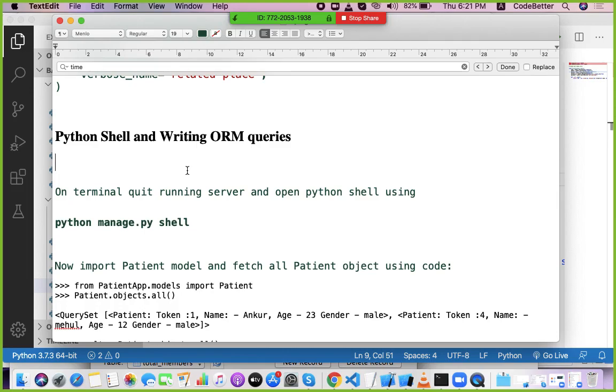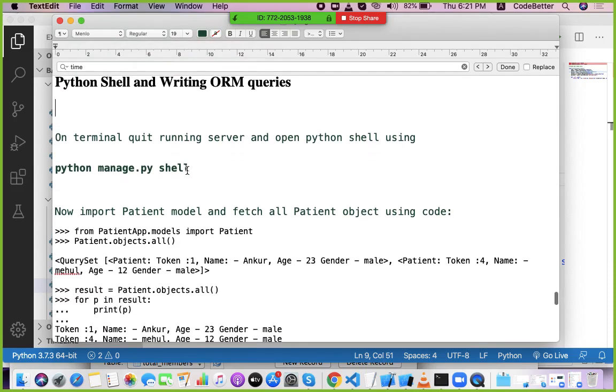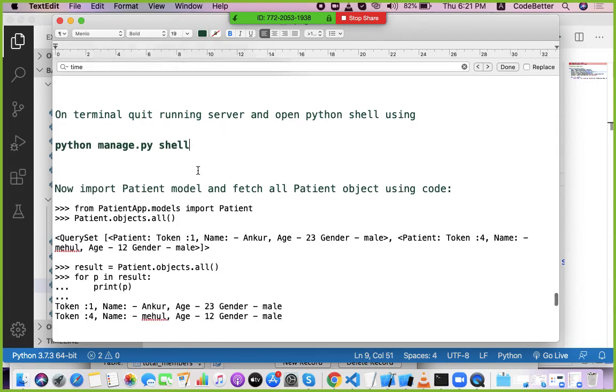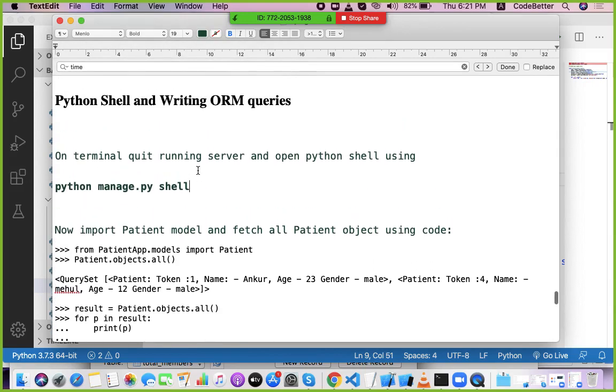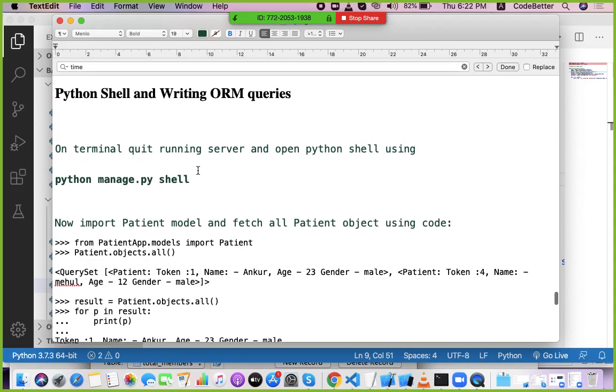So in the Python code you don't need to create your own queries. You just assume that everything is stored as an object. So you fetch an object, you update an object, you delete an object, you select an object, you query objects. Django provides you a special syntax to do all the CRUD operations, create, read, update, delete, using the Django ORM syntax. To check how Django ORM syntax works, we just go to the terminal.